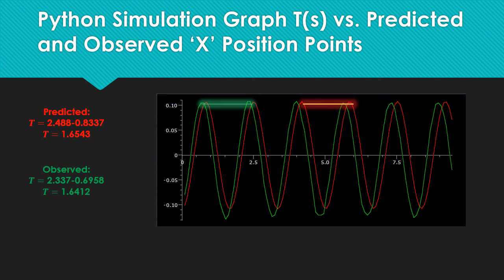I did the same analysis on this graph representing time versus the predicted and observed x values. The difference in period times, again, probably has to do with minor technical errors. Also, please take note that this period time for the x values is a little bit bigger than the period time